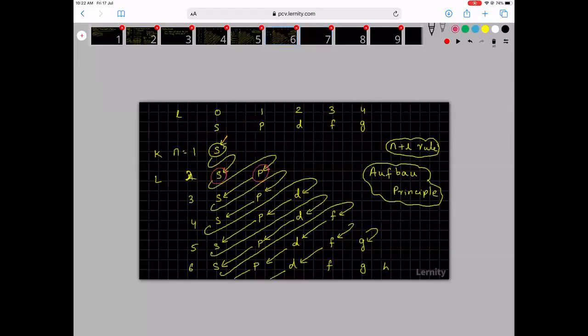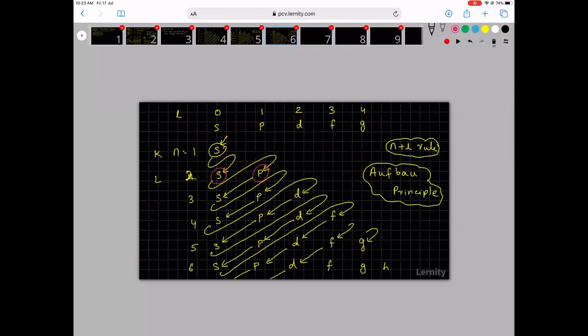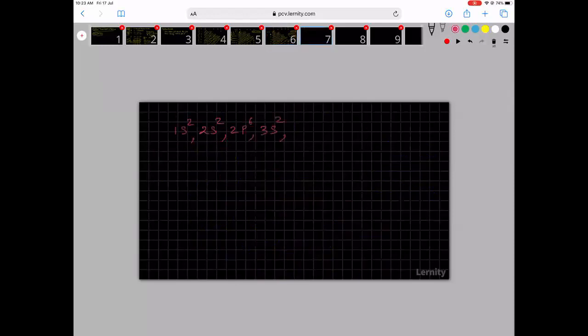After 2p, where will it go? After 2p, it will go to 3s. So I will put 3s2. Totally, it has 20, so 10 are over. After 3s2, where will the electrons go? They will go to 3p. So 3p6, then 4s2. So now how many? This is 10, this is 10. So the electronic configuration for calcium is 1s2, 2s2, 2p6, 3s2, 3p6, and 4s2.